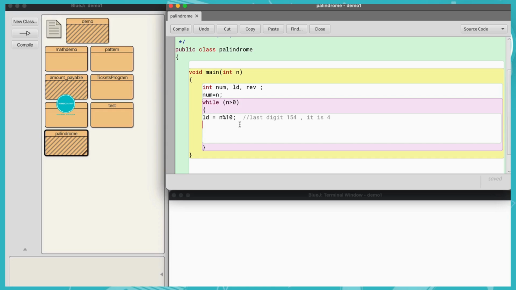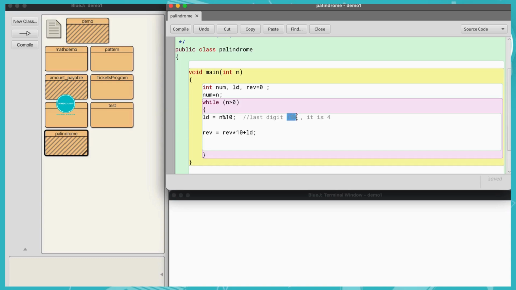Now the reverse of the number we have to initialize at 0. So the reverse of the number will be rev = rev * 10 + ld. We are trying to shift the number.